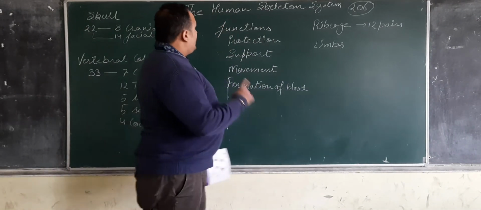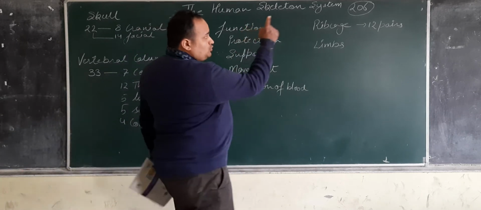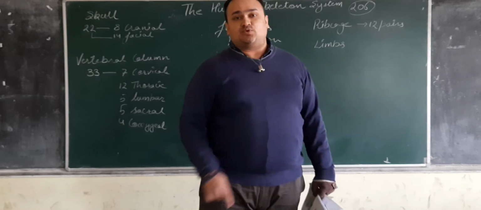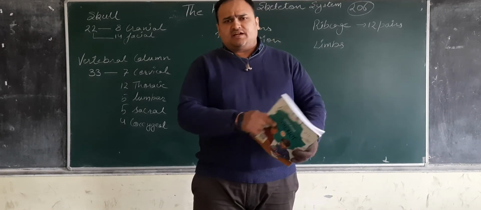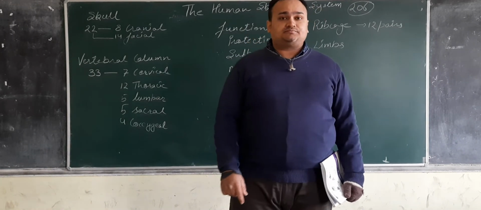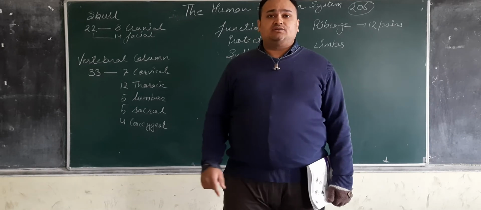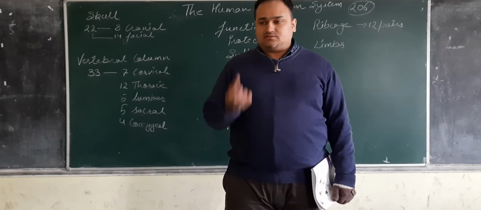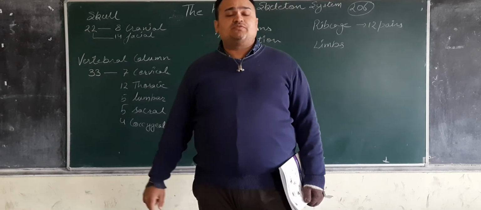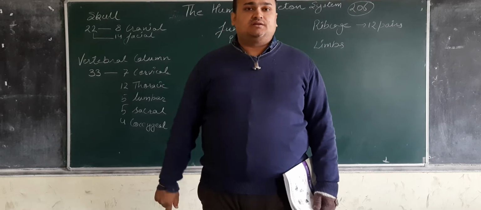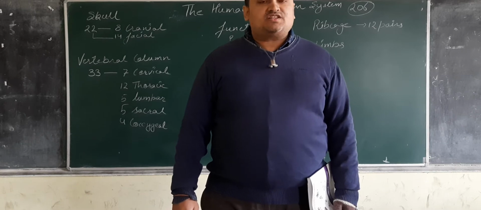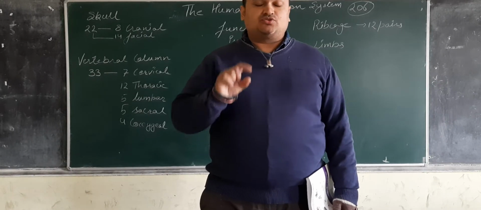Now today we will discuss basically the 206 bones which are inside our body. Yes, you heard it right, 206 bones. The rest of the information is given inside your book, but one piece of information is not given in it. The smallest bone inside your body is this one, the one near the earlobe. The smallest bones inside our body are inside the ears. There are three bones inside our ear, and they are the smallest bones in our body.